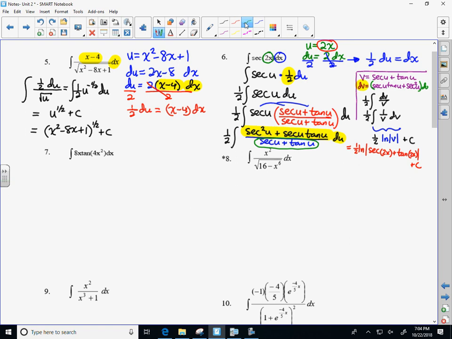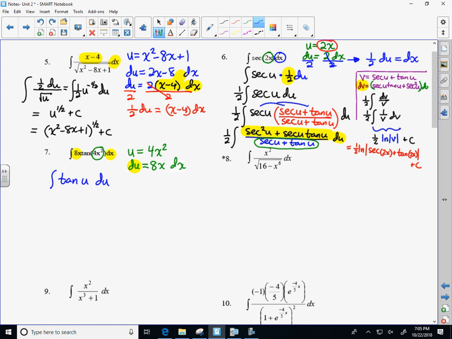Initial thought would hopefully revolve around the 4x squared. That's my u. So du would be 8x dx. That's wonderful news, especially after the last problem, because that's telling me that I can swap out the 8x and the dx for a du. So I'll have a tangent of u